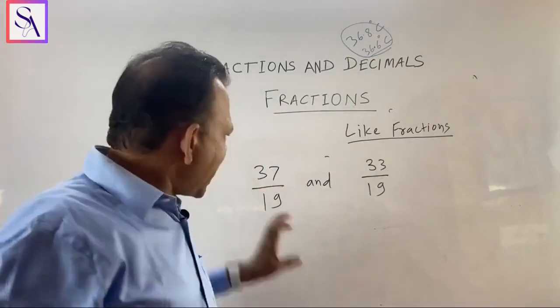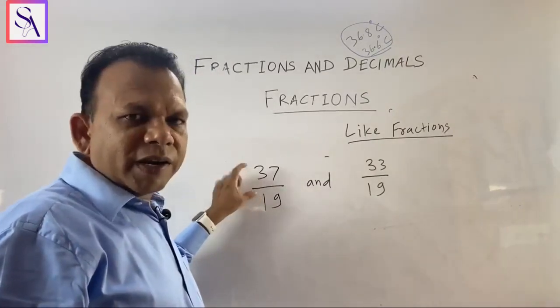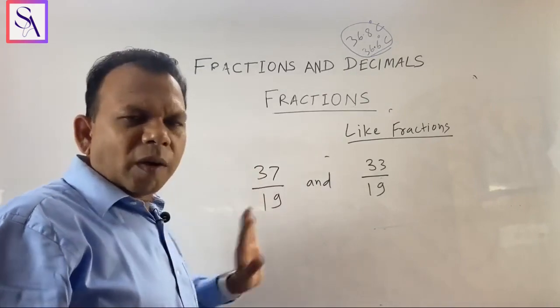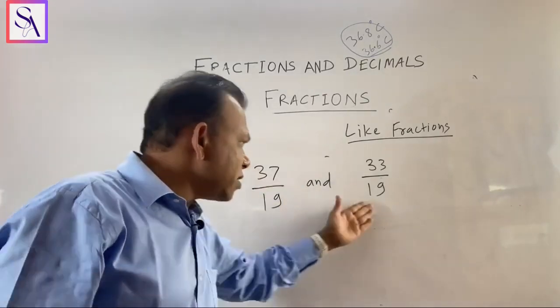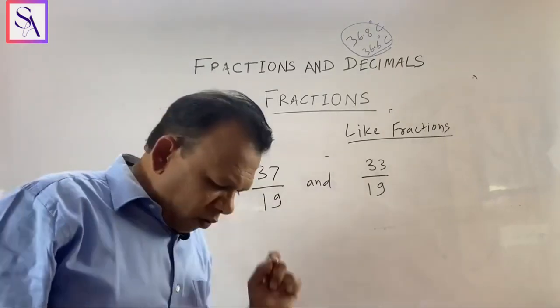First of all, what type of fraction is it? Numerator is greater. It means that this is an improper fraction. This is not a proper fraction. This is improper. This is also improper. So these two improper fractions are there, right? If I ask you the question,